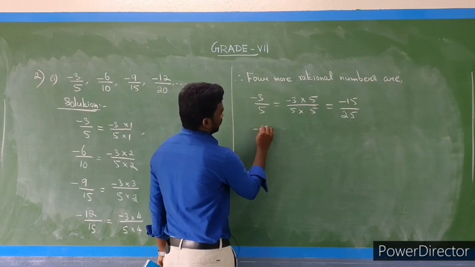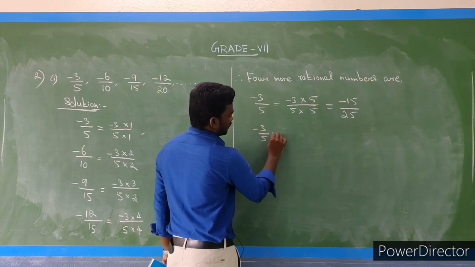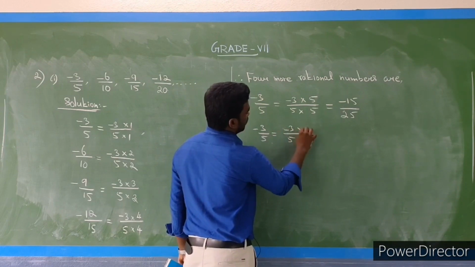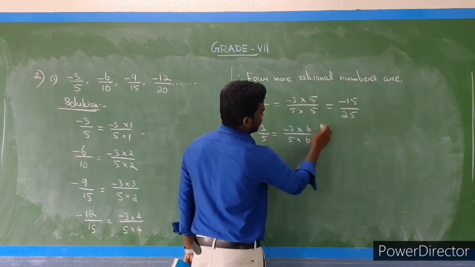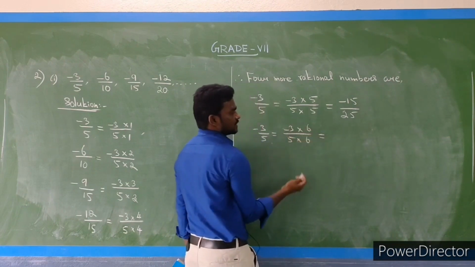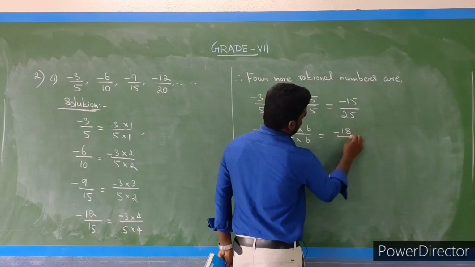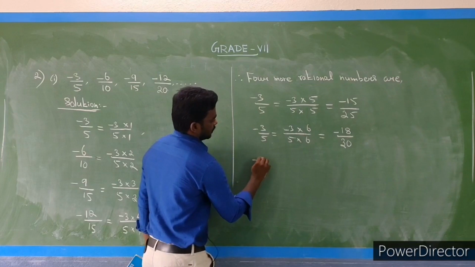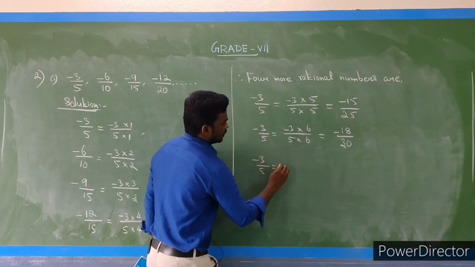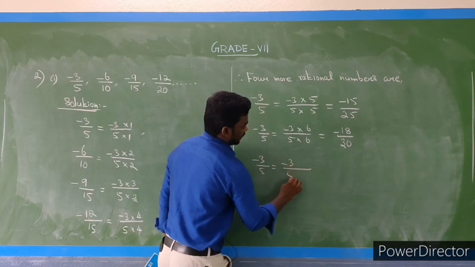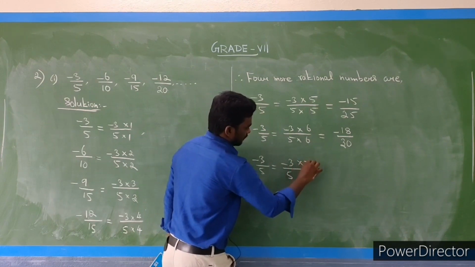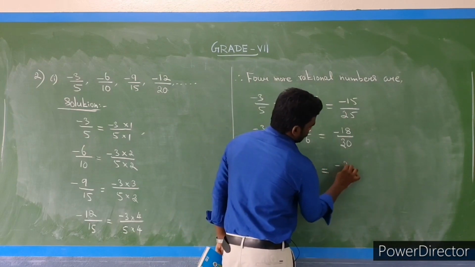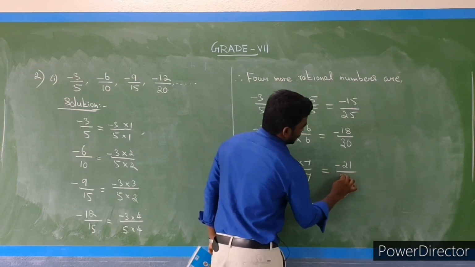Next, minus 3 by 5 is multiplied by 6 by 6, the next number after 5. So minus 3 sixes are minus 18 divided by 5 sixes are 30. Next, the same number minus 3 by 5 is multiplied by the next number after 6, that is 7 by 7, which is equal to minus 3 sevens are minus 21 divided by 5 sevens are,